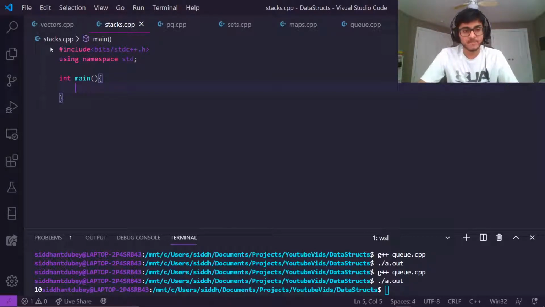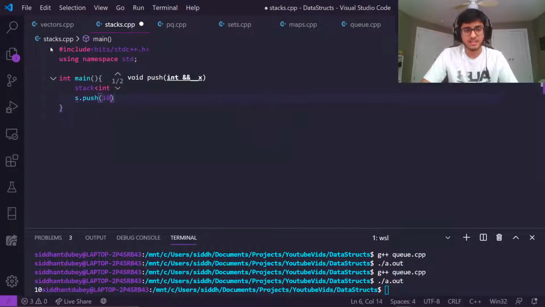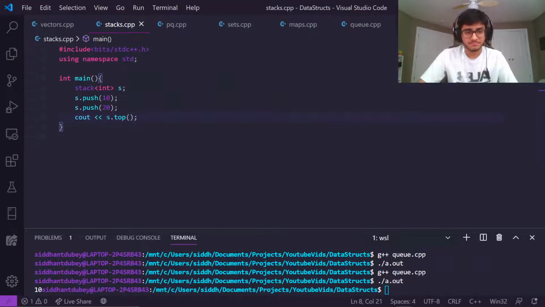So continuing on, stacks are very similar to queues. Initialize them in the same way, except there's one minor difference. Instead of a queue being from back to front, a stack is bottom to top, and pushing onto a stack will actually add something to the top of the stack. To return the top of the stack, you do .top. In a queue, if this was s.front, it would have returned 10. But because we're using a stack,